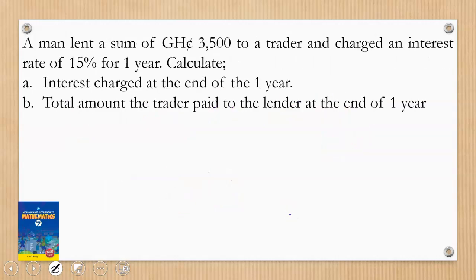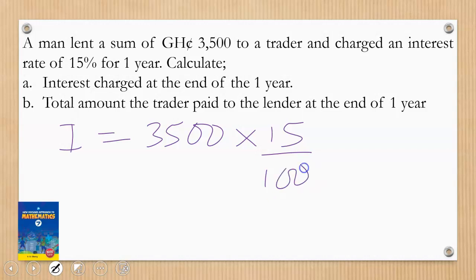Now let's try the last example to end this video. A man lent a sum of 3,500 to a trader and charged an interest rate of 15% for 1 year. We want to know the interest charged at the end of 1 year. Once again, the interest is equal to the principal amount times 15 over 100 times 1 year. And again, we do these simple calculations. We have our interest to be equal to